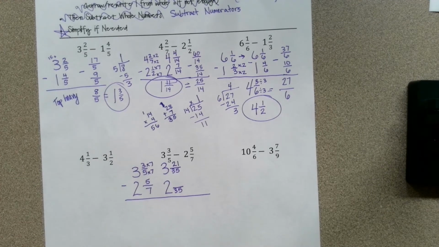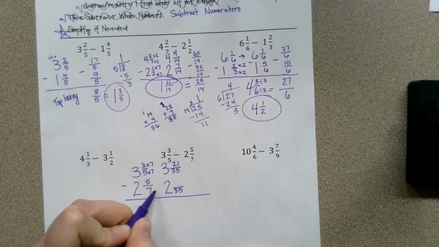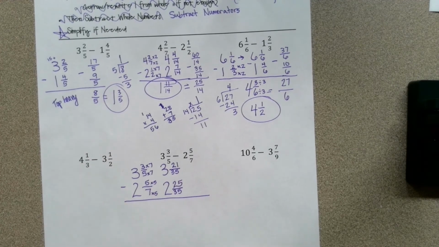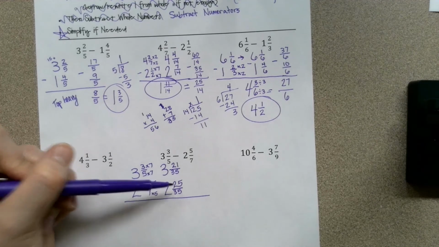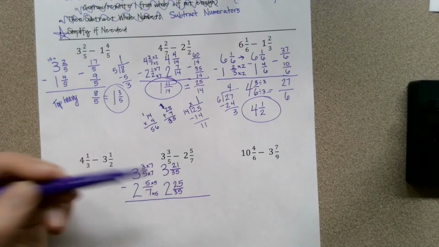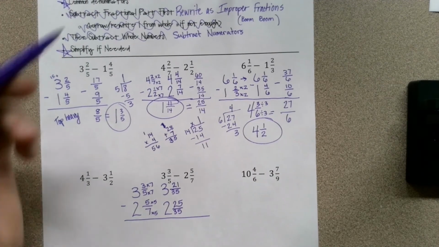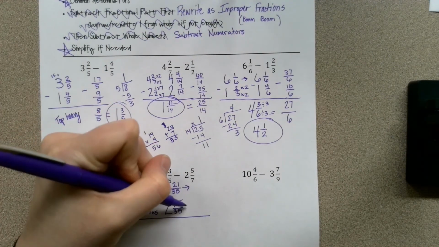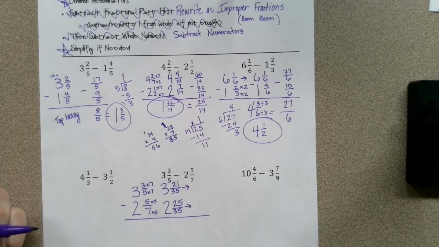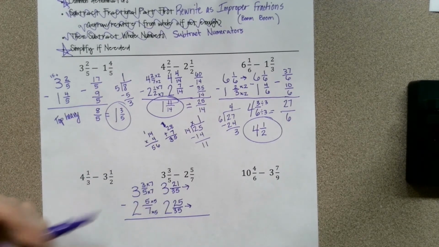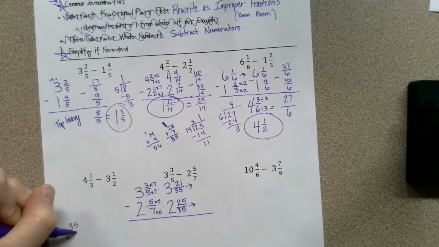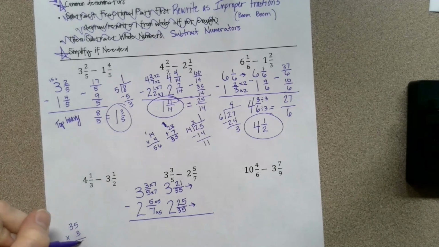You'll notice that some of these numbers are already getting fairly big. 7 would have to be multiplied by 5 to get 35, which gives us 25 for a numerator. We don't have enough to subtract. 21 is not big enough, so we have to use our next step of creating improper fractions. And this is where it gets a little tricky, and showing your work will be important. Bottom times the side, that's going to be 35 times 3,